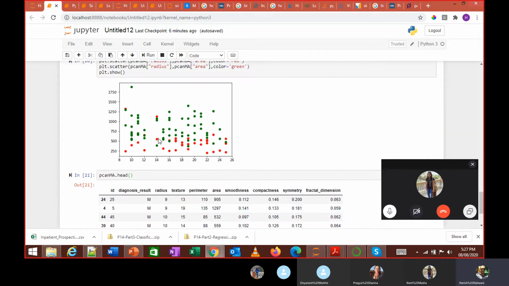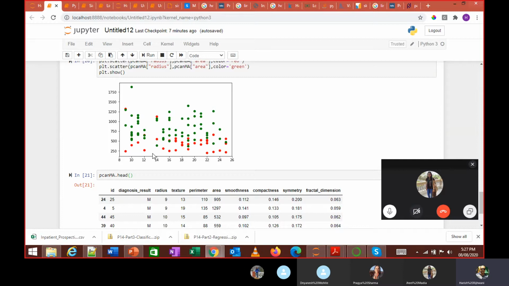So you can actually see, like I said, you can easily see a trend over here. You can see a cluster above this value. You see all the red colors above this value is where the malignancy starts. This is the area. So irrespective of this radius, it's more about the area. Even if the radius is so high, 25, yeah, it can be benign. Yes. So you can easily see the cluster area is less here.